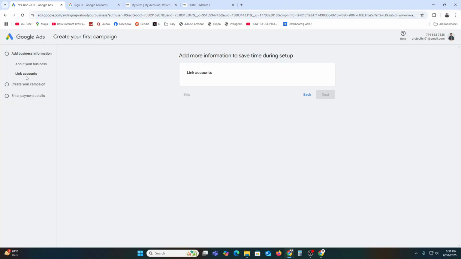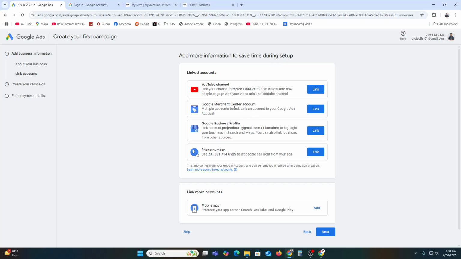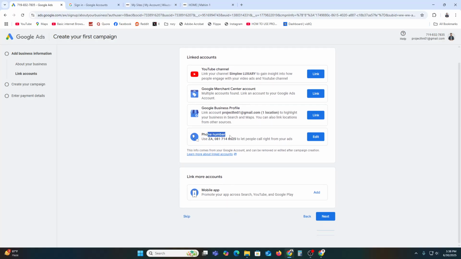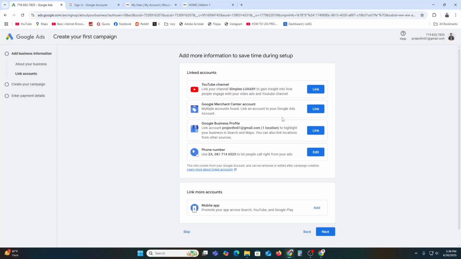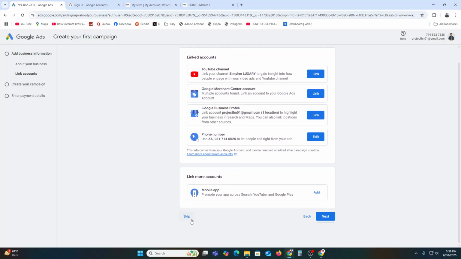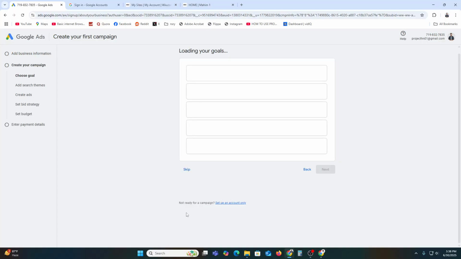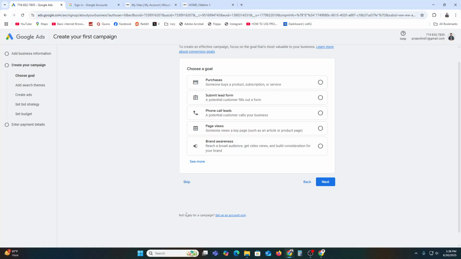Here you can see add more information, save your time. You can link your YouTube channel, your business profile, or you can add a phone number, but it is not mandatory. You can skip it. In the bottom left corner you will find the skip button. Just click over here. Once you click, it will come to your campaign page